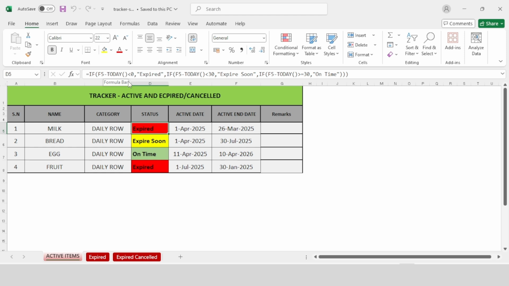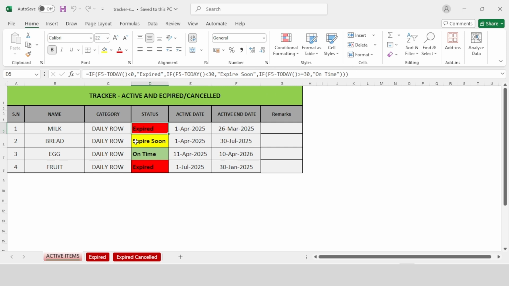So this is for expired. Next, the formula changes a little: F5 minus TODAY, bracket close, then minus 30, which is for expire soon. Then again the same formula, with the cell and column all the same. Here we use the less than or equal to 30 condition. Then "On time" in quotation marks, then bracket close. There are three brackets, which correspond to the three IFs we applied, 1, 2 and 3. At the end you will have to close the brackets.